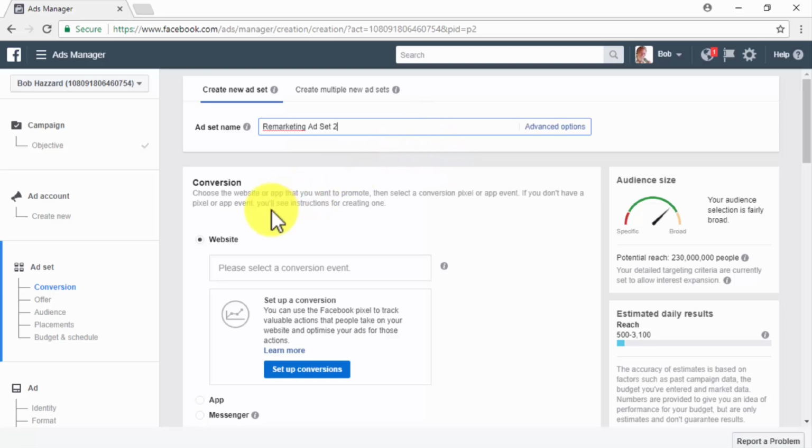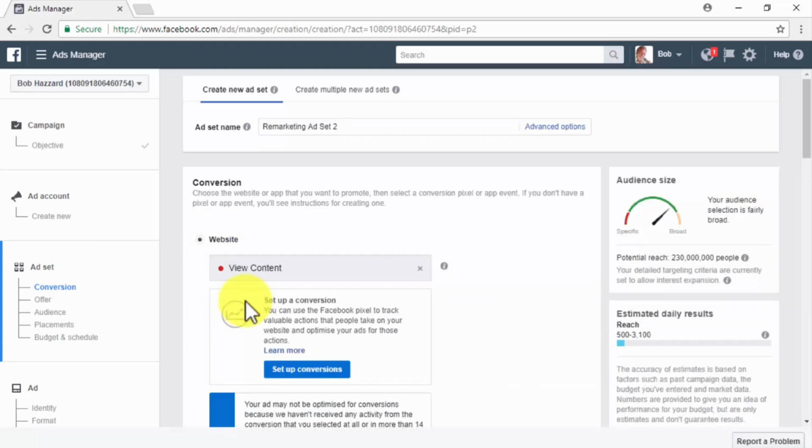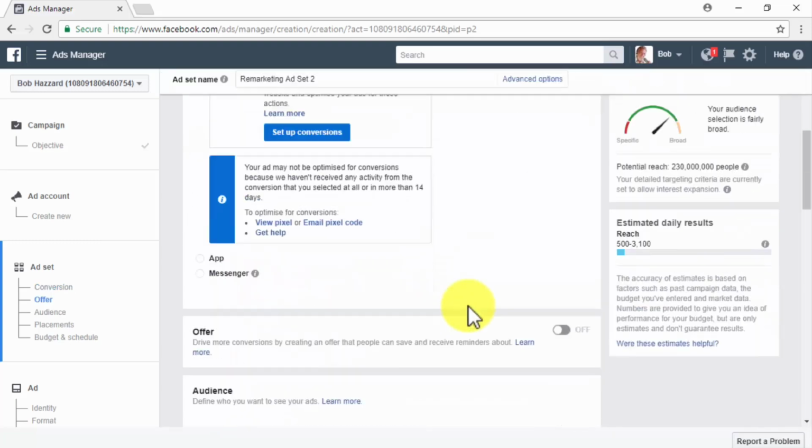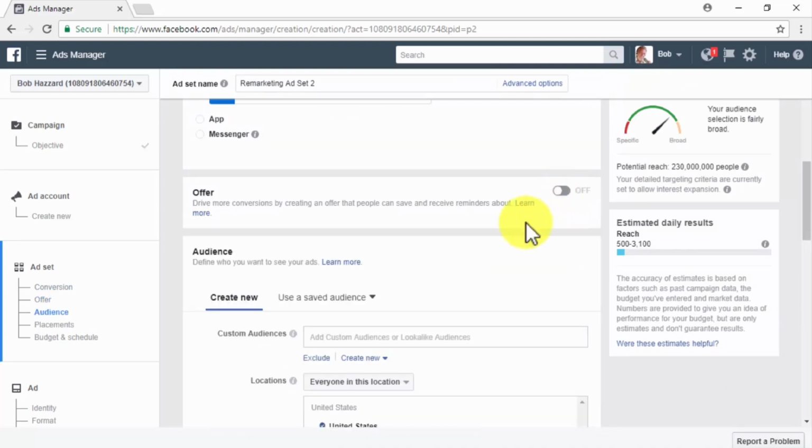Now in the Conversion section, select the Website option and click on the Please Select a Conversion Event box to select the conversion event that you want to optimize your remarketing campaign for. Now select whether to activate or not activate an offer on your ad set in the Offer section, and move